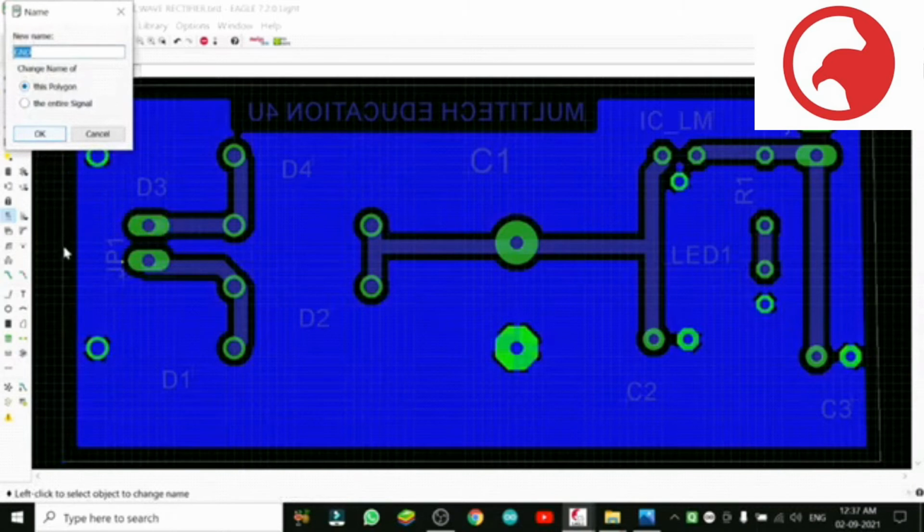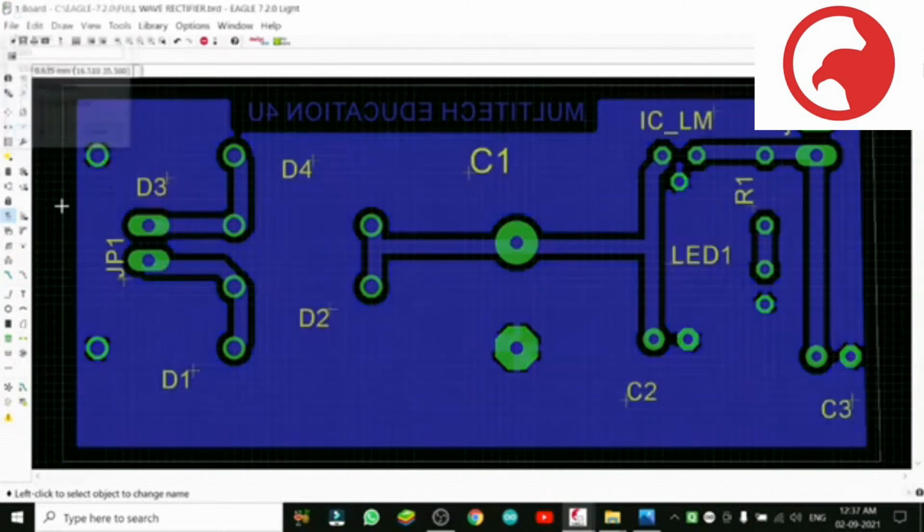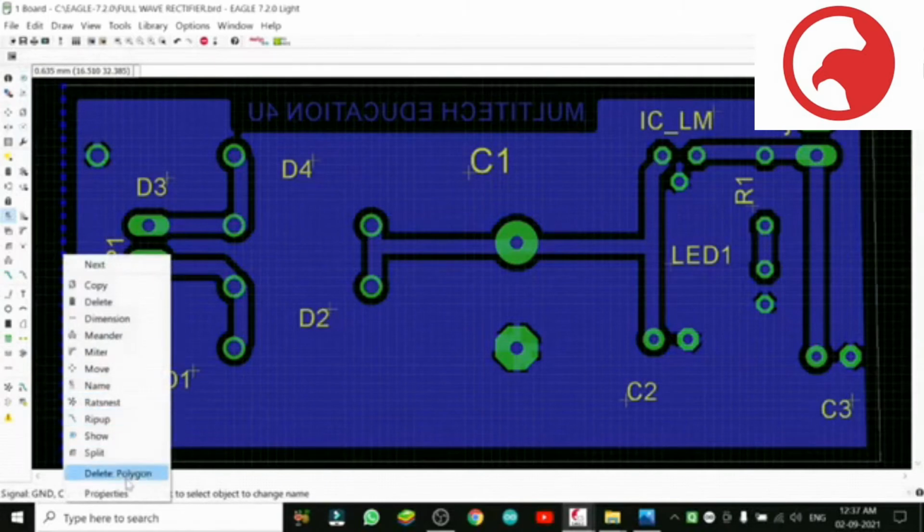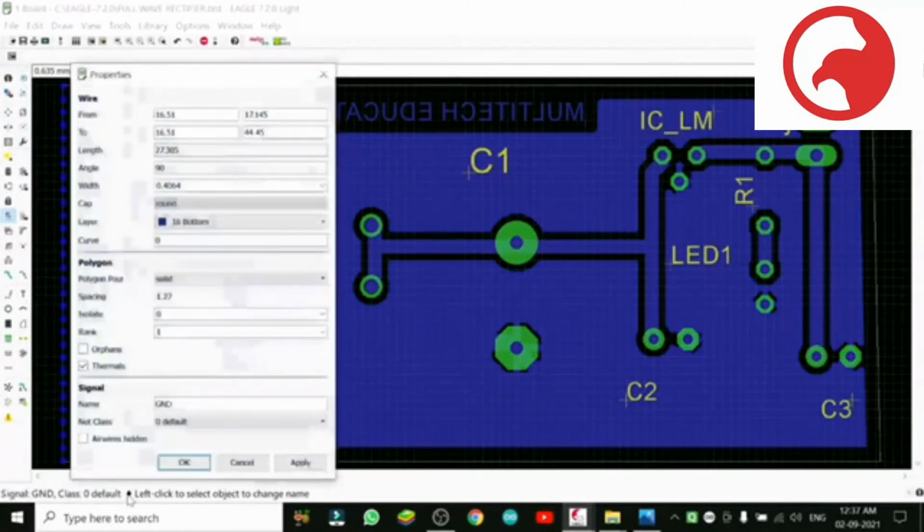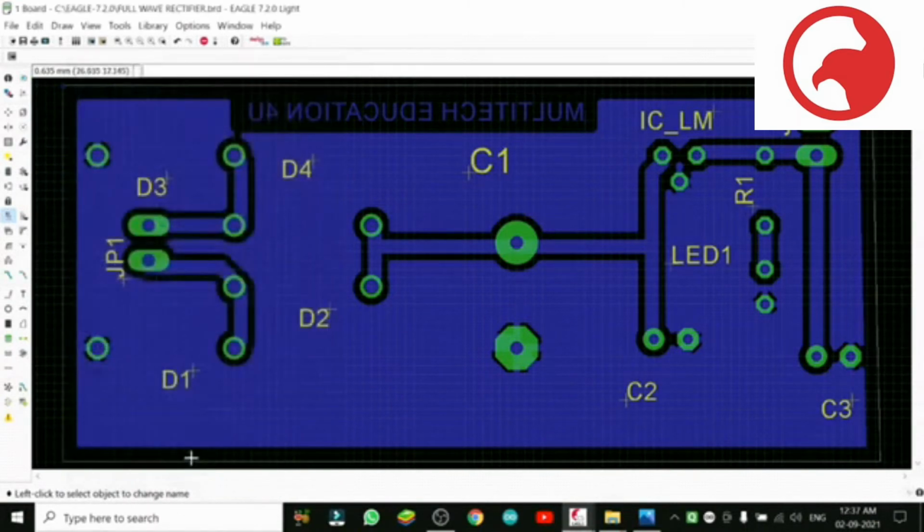So name again ground, see like this we did, we select this border, we put ground, and now again we will come in the properties and we will select the overlay, so that remaining portion here we will select it and we will make OK. So remaining portion will be filled up. See, little bit whatever was remaining, now it is quite finished PCB we have. So this is the final.